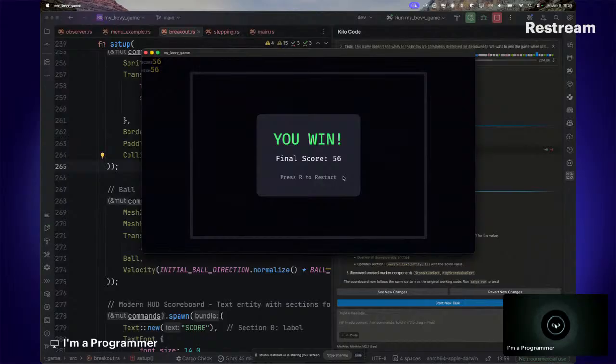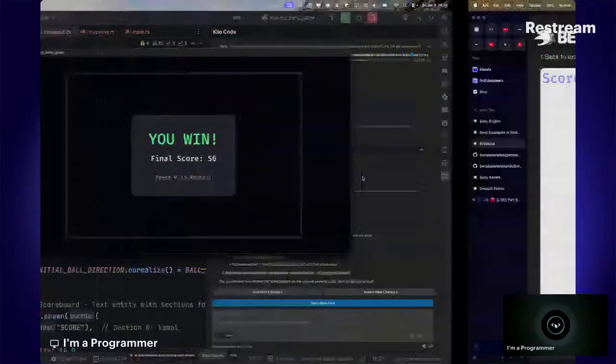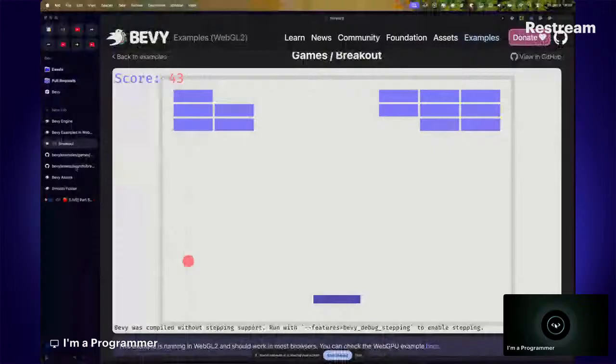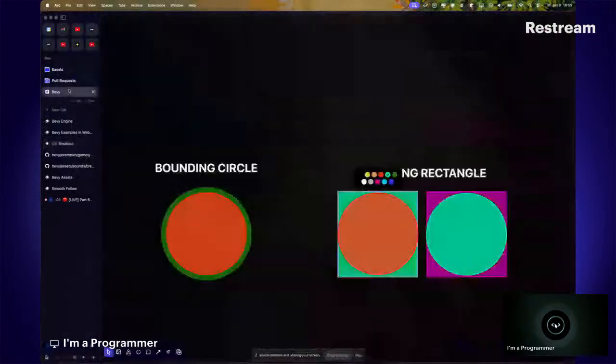So this is how collision works, right? Based on the definition, let me see the diagram. I think the diagram is a bit simple, right? But this captures all you need to know about how bounding circle and bounding rectangle works. So if you understand this and the mathematics behind it, you can literally implement your logic to implement collisions, right? So yes, that should be all for today's